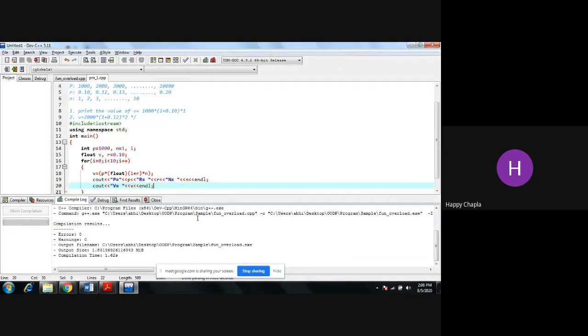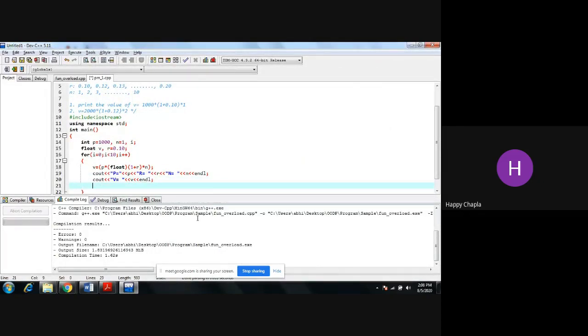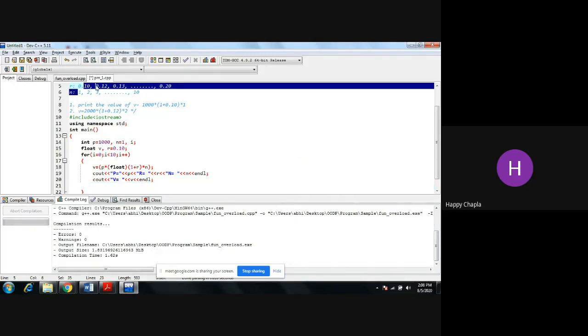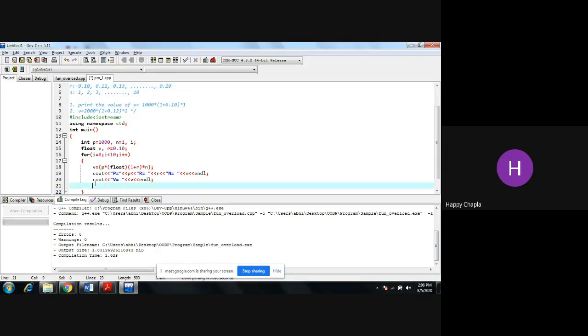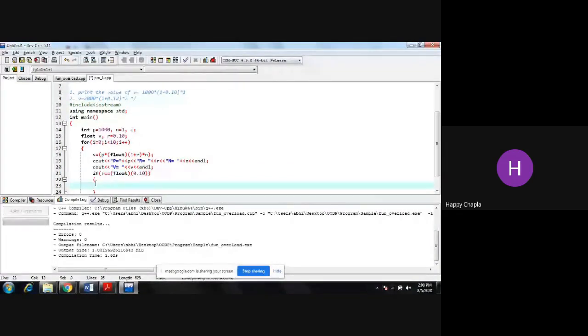Okay, right? So afterwards, what do I have to do? Because the first time my R value is equal to 0.10. But if I just increment with 1, in that case the second case will be wrong, right? So for that, I have to check the if condition: if my R value is equal to 0.10, then what you have to do...